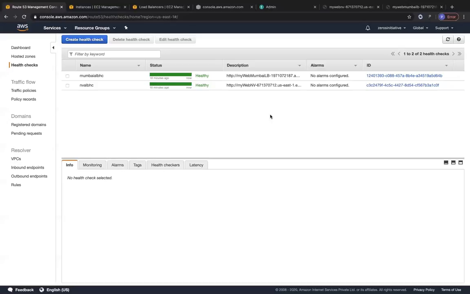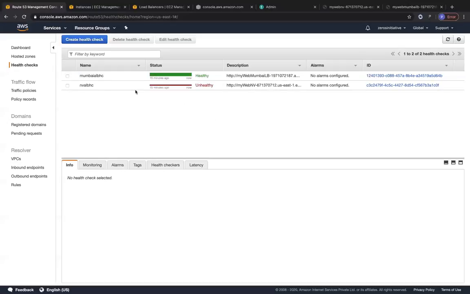So if you want zero downtime, then I would suggest going with active failover, wherein you go with the latency routing policy. So even if one of the regions fails, it automatically redirects all of your requests from the internet to another region's infrastructure, right? So that's how active works.